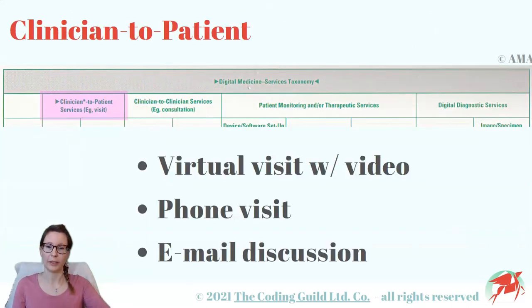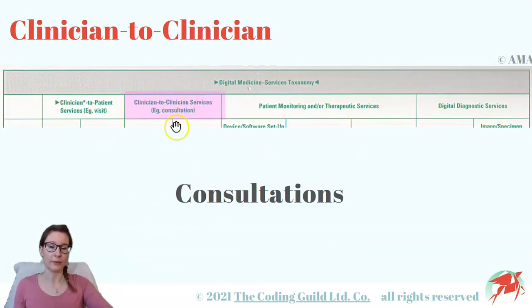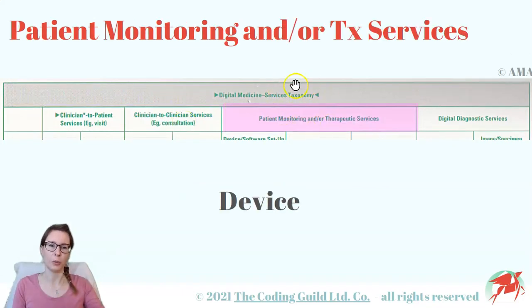Our first option is where the provider is communicating with the patient. This can mean a virtual face-to-face visit, a phone visit, or, for example, an email exchange. The second is where the provider is discussing something with another provider. These are the interprofessional consultations by all kinds of methods: on the phone, via the patient's chart, via a video discussion, and so on.